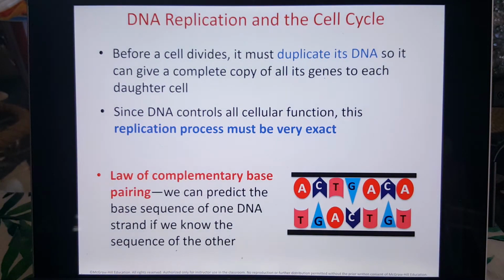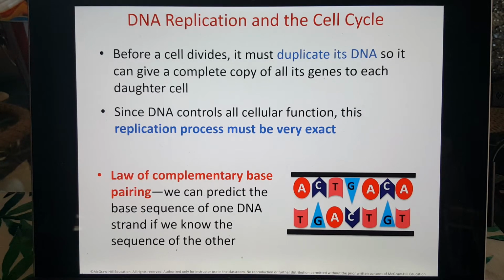So in order to have two new cells, you must have two copies of the DNA. So each cell has every single piece of gene coding for every single protein that you might need in the new cell. So in order to make sure that you have the correct copies, you have to be very exact on replicating